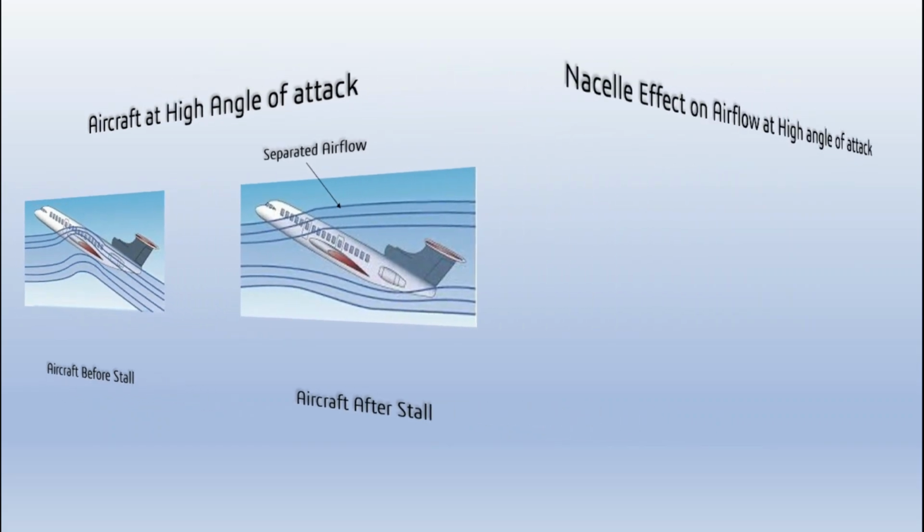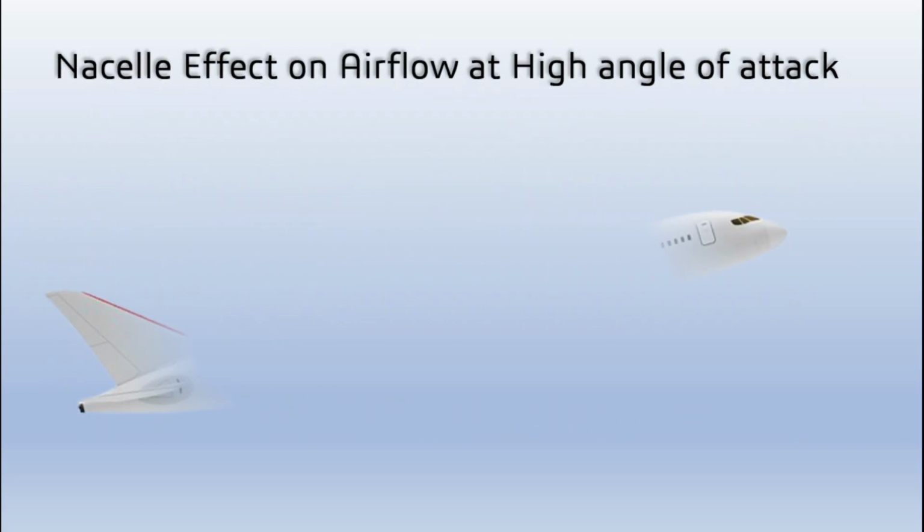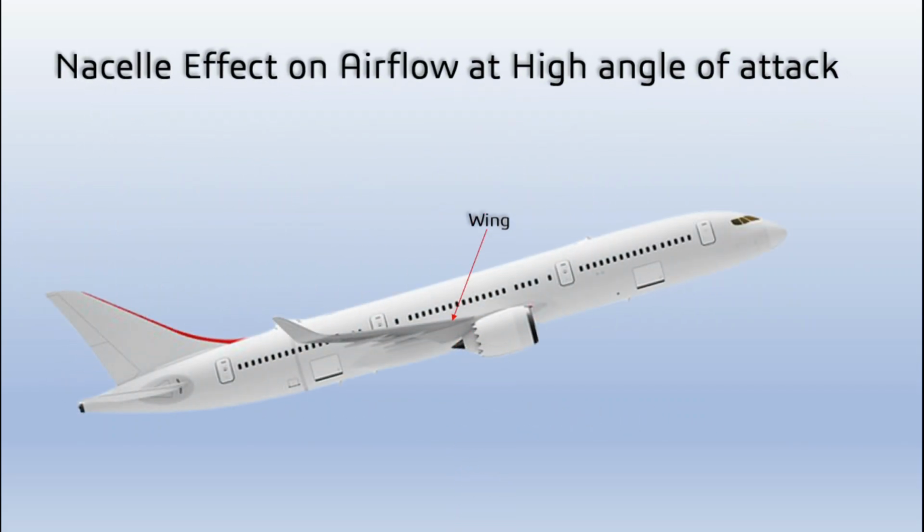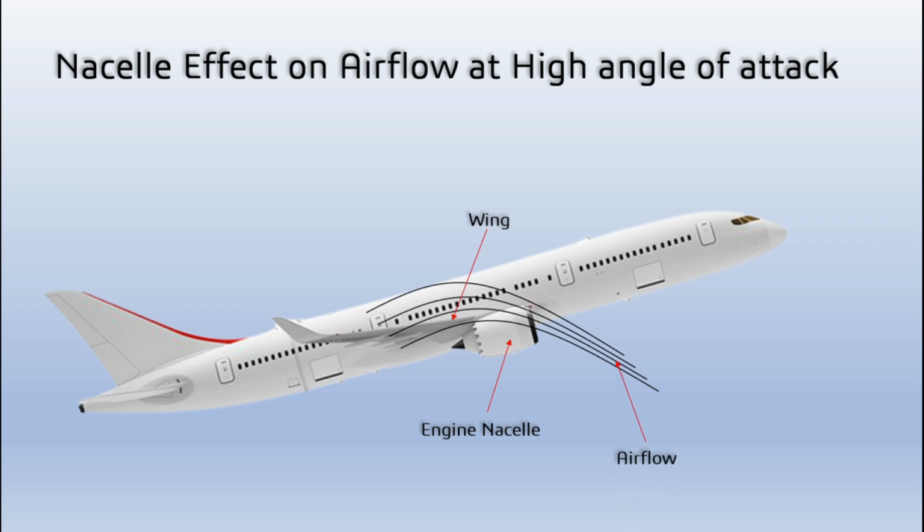As we know, one of the disadvantages of placing the engine below the wing is the nacelle wing assembly interaction, which disturbs the airflow over the adjacent wing, and this has a more intense effect when the aircraft is flying at high angle of attack. As we know, the engine nacelle is placed below and forward of the wing, so when the aircraft is flying at high angle of attack, the nacelle will be at a higher angle, which will disturb more airflow, and this undesirable effect reduces the lift, which could be avoided if we did not install the engine on the wing.